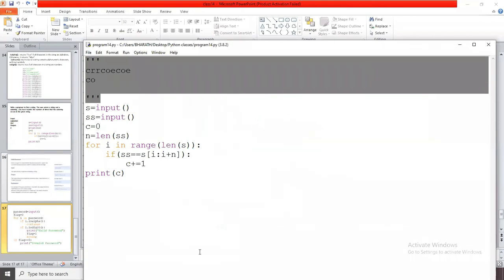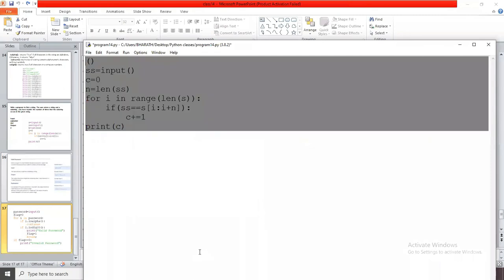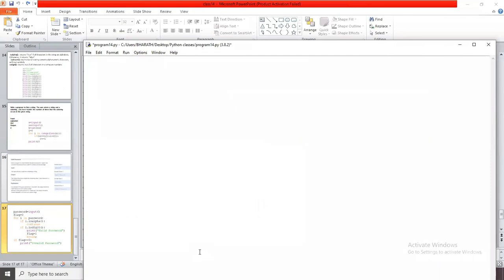We write the program. You are going to read the password, so I take password as the variable name; you can take any variable name for the input. Now we are going to check whether the password contains a number or not. So for i in password, print i. First we execute this. So what does it print?